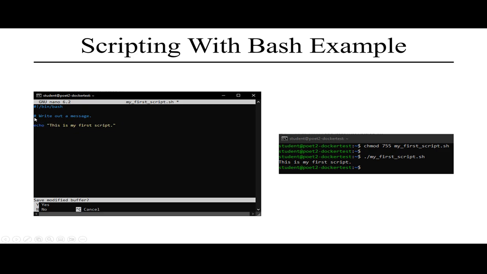The hashtag in front of this comment keeps it from being executed, so you can explain to people, or write full sentences that people can use to understand what your program does. So I say write out a message. Then I use the echo command, and between quotation marks I write, this is my first script. Now I'm saving the file. I've hit Control X in nano. I can now hit Y to save it, and then press Enter to save the name